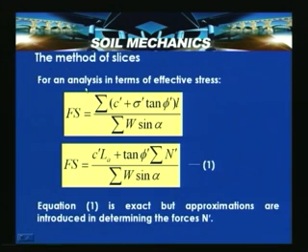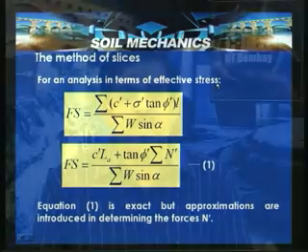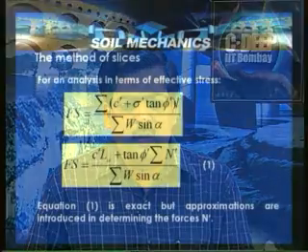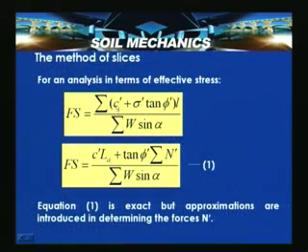Now, for an analysis in terms of effective stresses. That means under what conditions we need to consider total stress and effective stresses, we will look into these details later. But for an analysis in terms of effective stresses, now we can write factor of safety is equal to summation of (C dash plus sigma dash tan phi dash) into L divided by summation of